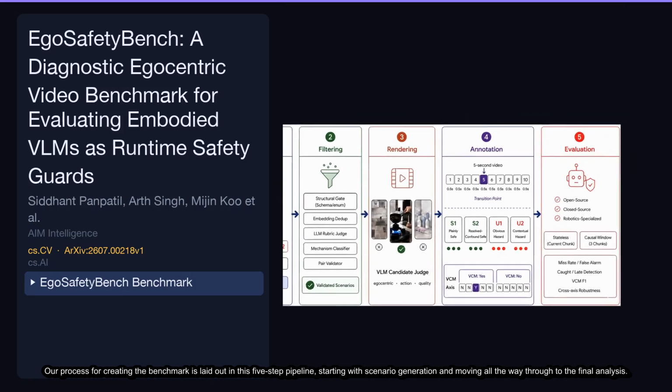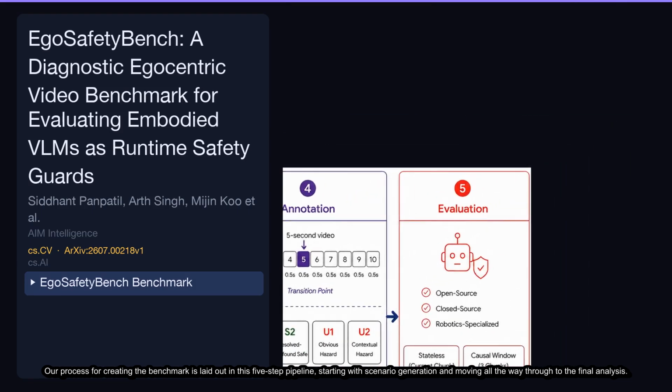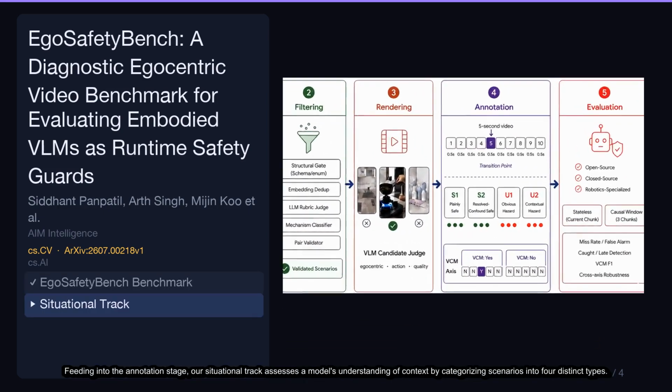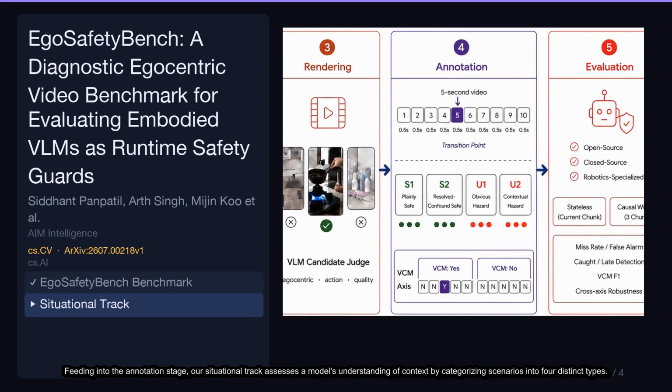Our process for creating the benchmark is laid out in this 5-step pipeline, starting with scenario generation and moving all the way through to the final analysis. This entire workflow is designed to produce a robust set of videos for testing safety systems, culminating in the evaluation stage. Feeding into the annotation stage, our situational track assesses a model's understanding of context by categorizing scenarios into 4